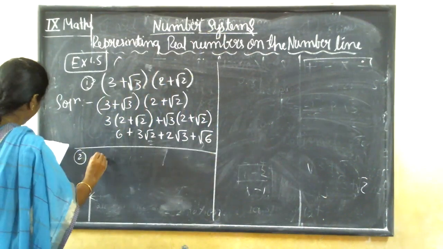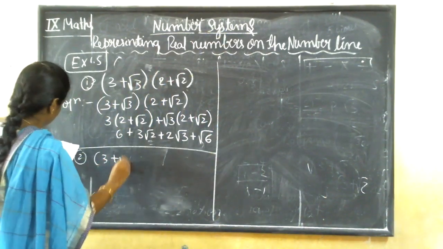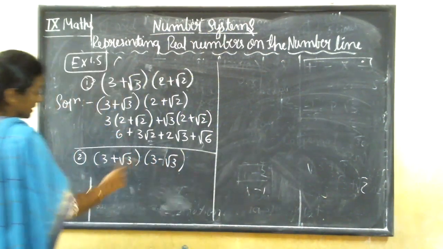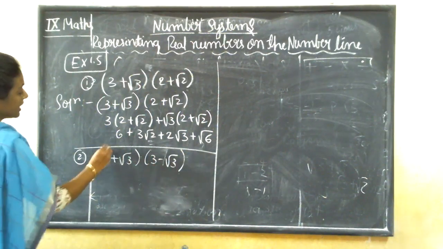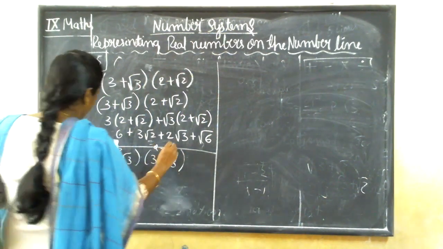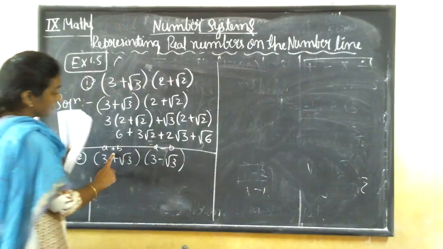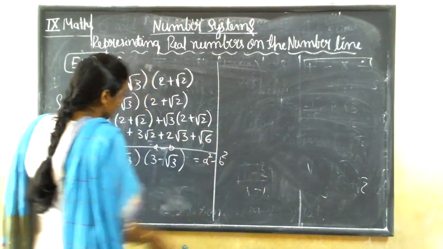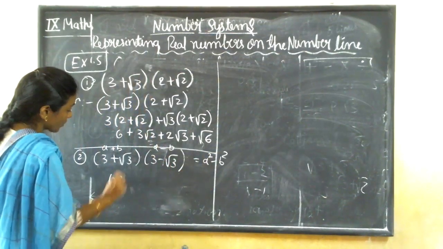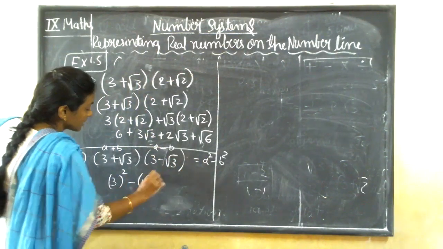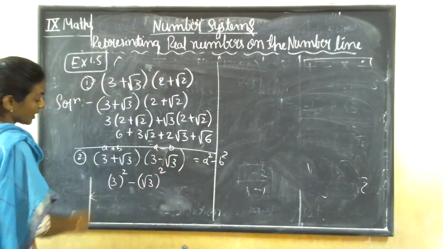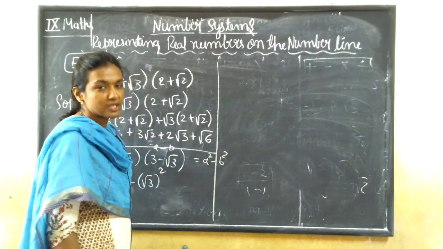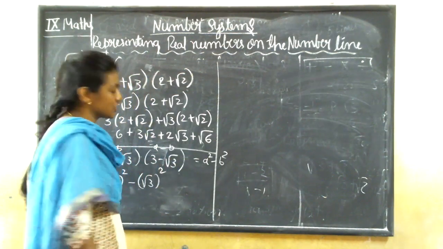This is our solution. Let us say take second one. That is 3 plus root 3, 3 minus root 3. 3 plus root 3 and 3 minus root 3. You can see this one in the form of a plus b and a minus b. Can you see this? In the form of a plus b and a minus b. So what we get here, a plus b, a minus b means a square minus b square, no? So can you write like this? 3 square minus root 3 square. Isn't it? 3 square minus root 3 square, because it is in the form of a plus b and a minus b. You know the formula of a plus b and a minus b which was here? That is a square minus b square.